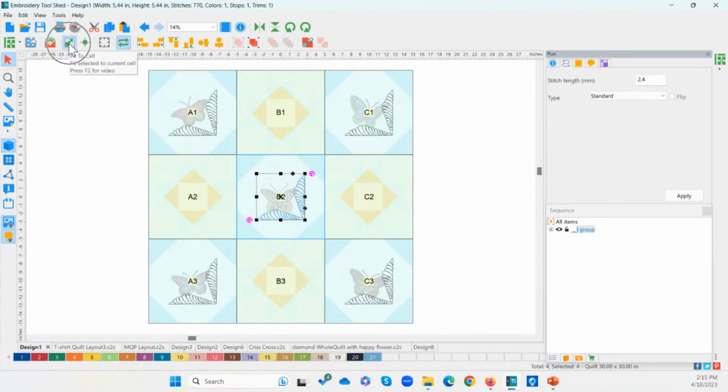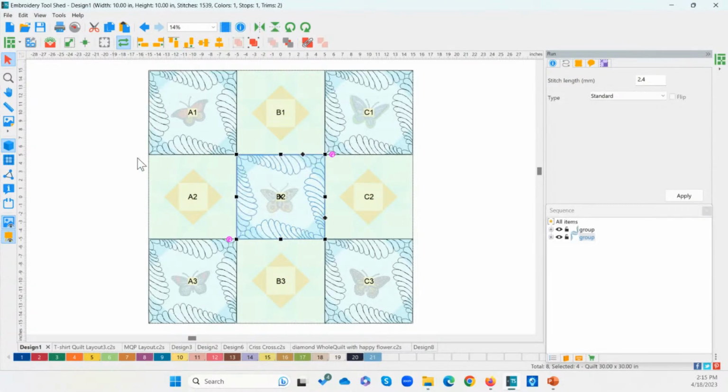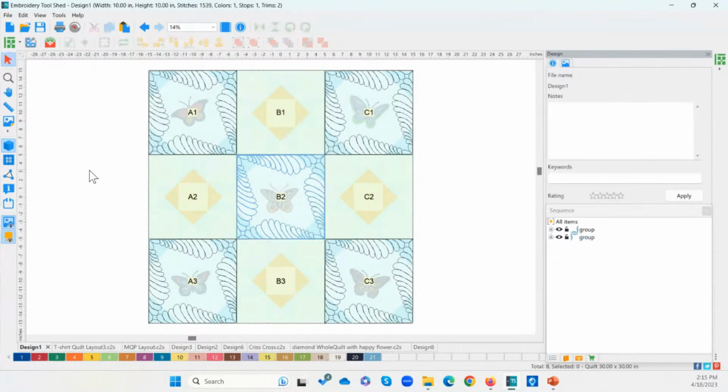So I can just click one time on this fit to cell and it will make it as large as it can for my block. So now if I choose this design and I copy it up here at the top and paste it, and then I'm going to mirror it both horizontally and vertically, and it just puts it on the other side. So now this is a way that you can create a design to avoid your quilt block.